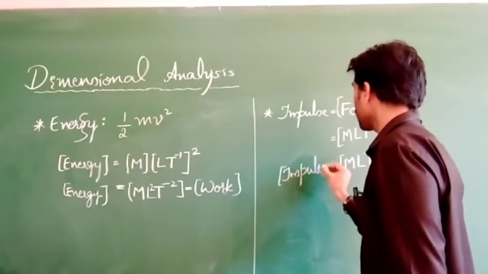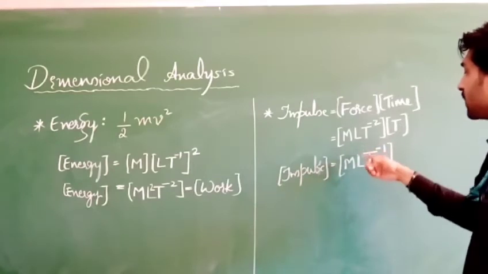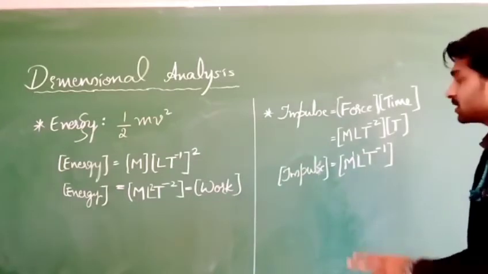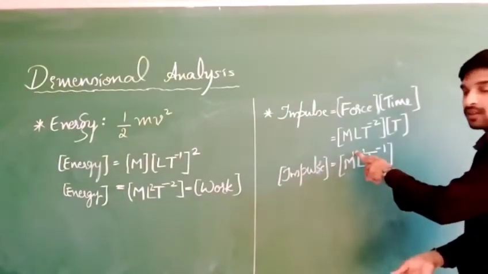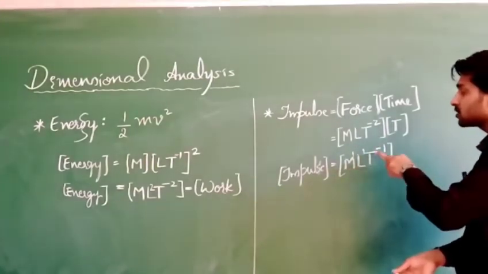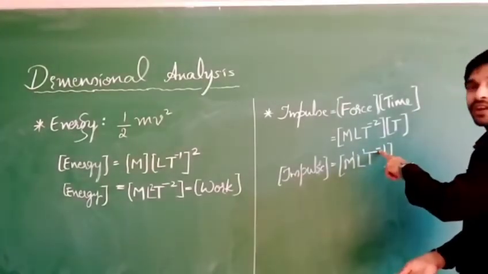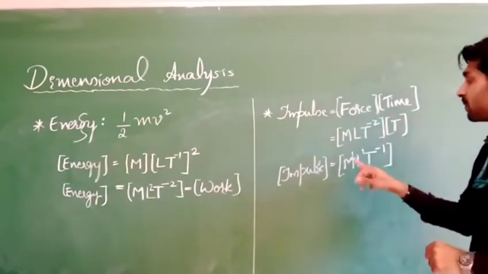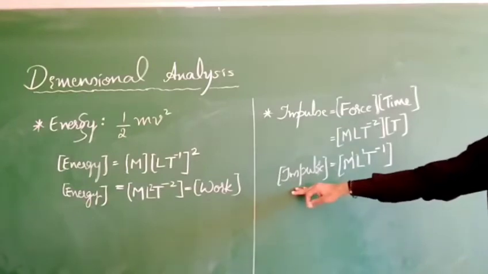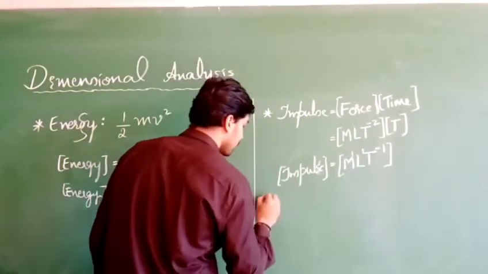So the dimensions of impulse are 1 in mass, 1 in length, and minus 1 in time. If you have not written the power, it is treated as M power 1 only. If you forget to write 1, it is treated as M L only. Here also, if you forget, it is treated as T power plus 1. You have to specify it when the negative sign is there. Clear? So M power 1, L power 1, T to the power of minus 1 is the dimensional formula for impulse. Okay. Next, let us take one more example.